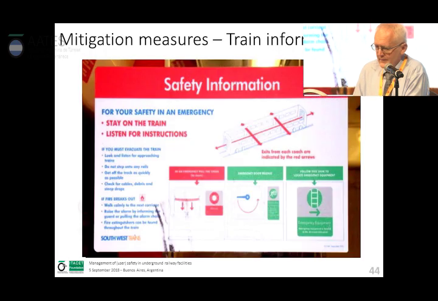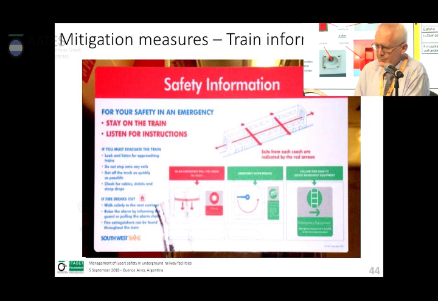Then, final slide here on safety information, or almost final slide as well for passenger train. So this is another example of what is done in a train in England. So you see here all the essential information, how to evacuate from the train, what to do in case of emergency.